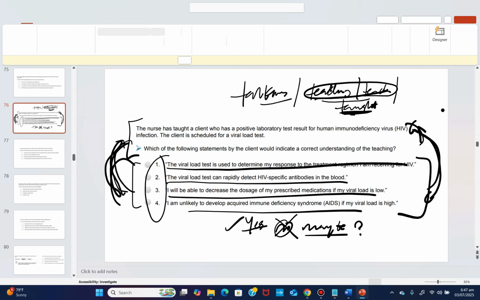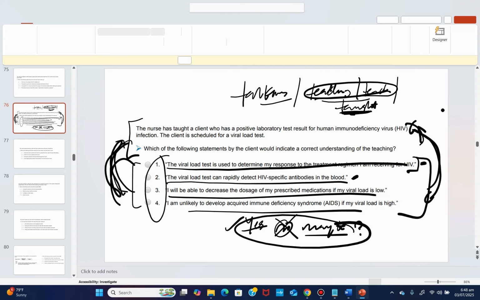Always make a decision before you go to the next one. Because if you read every answer at a time, trust me, it's going to give you a big problem. I'm telling you, you have to think about this first, make a clear understanding before you go. Because if you mix the thinking of option one with option two, then you will feel like option two is contradicting option one. Now you will be lost because you will not be able to think straight. Instead of thinking about one thing, you'll be thinking about two things. You start thinking a lot of things. You start thinking your way out of the question instead of thinking within the question.